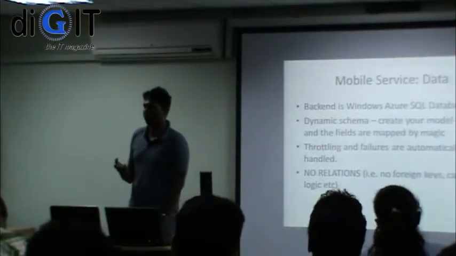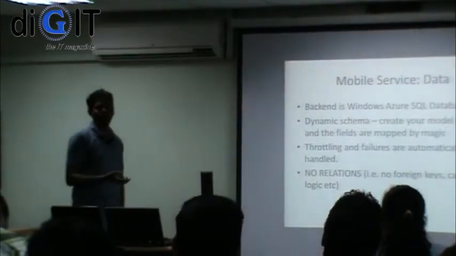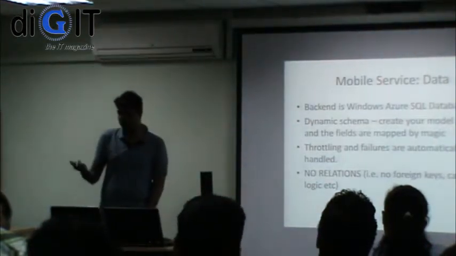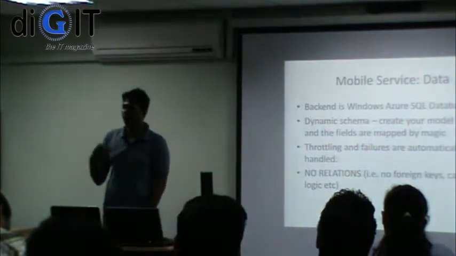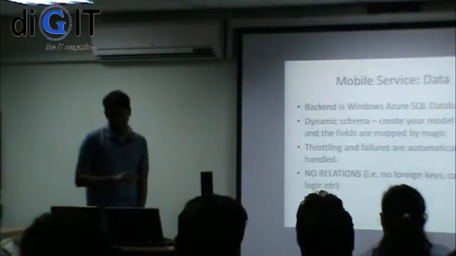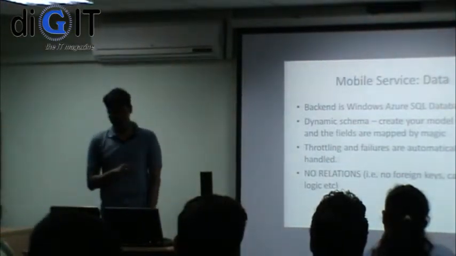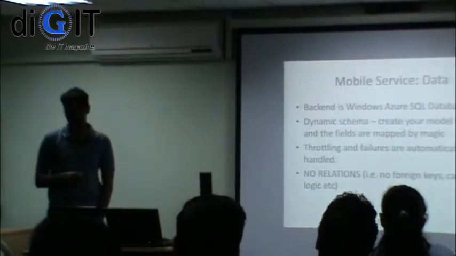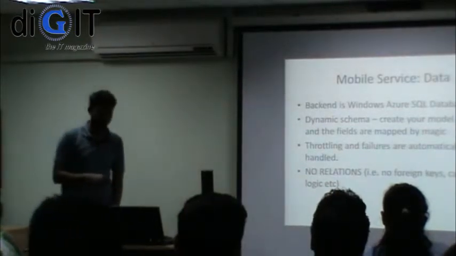For example, if you want to say name, ID, and address, you just have to create 3 public variables, int, string, in a class called user, for example. Pass that into the SDK, and it will create a table called users with those columns, mapped automatically. You don't have to do any setting up. You don't have to set up a schema in any way, right? It also handles throttling, failures, that sort of thing. All the administrative tasks you deal with running a large scale web app are taken care of.